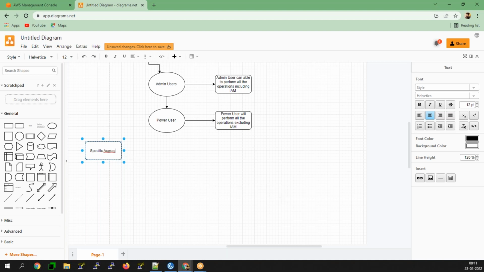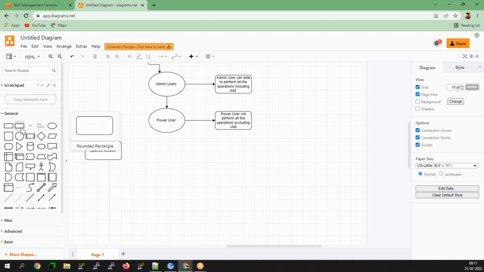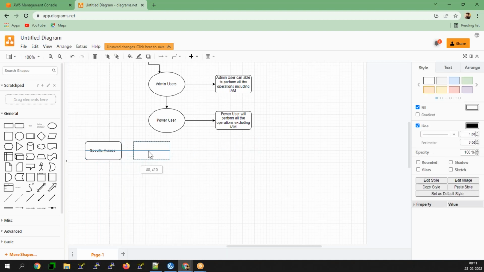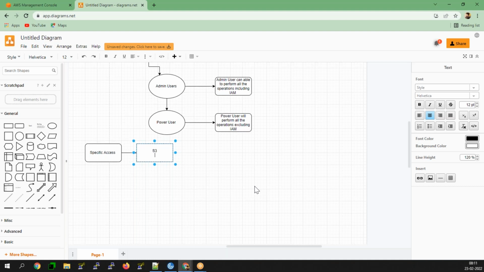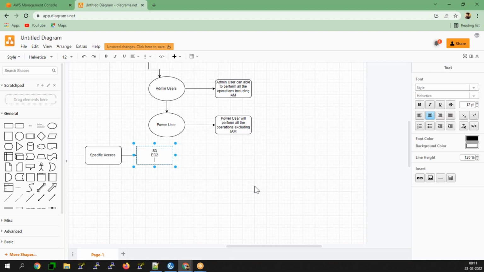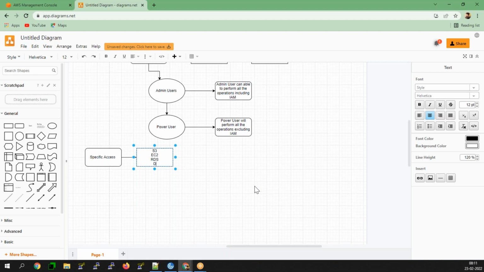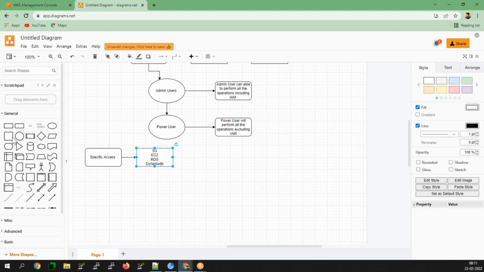For example, a group of people will be provided access only for S3 resources, EC2 resources, RDS resources and DynamoDB resources. For this specific access, the group of people will be provided read, write and modify access.